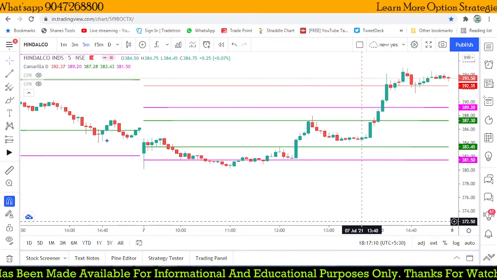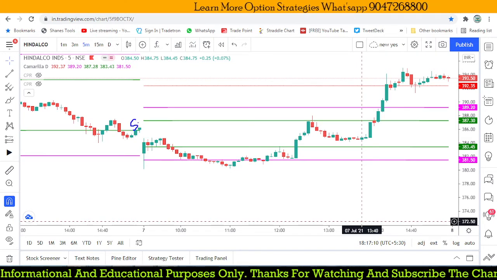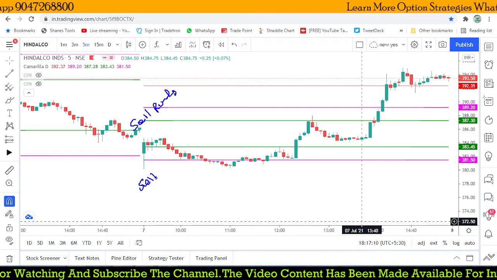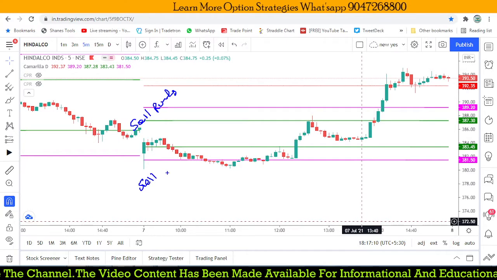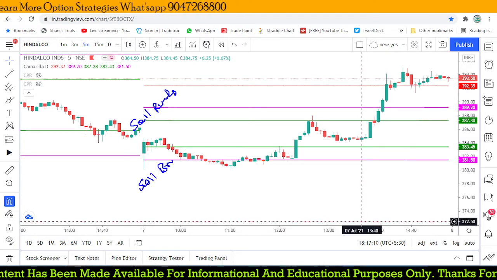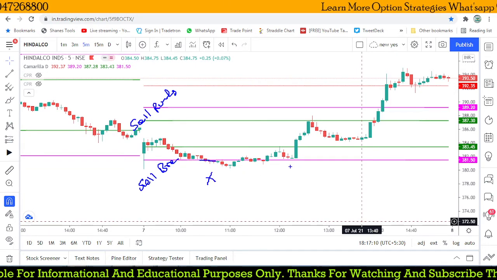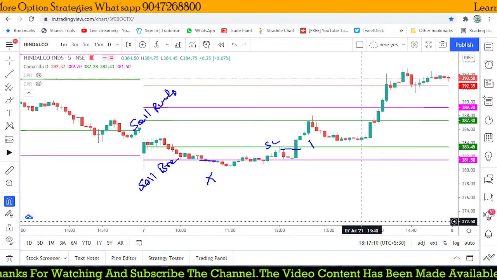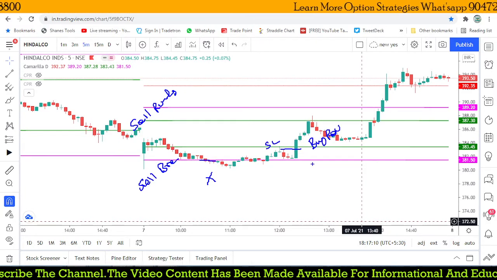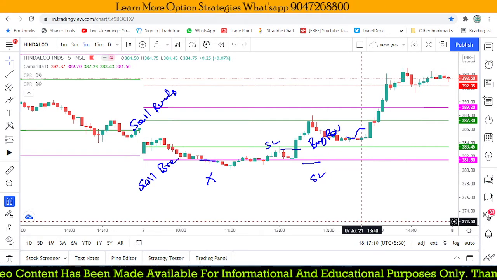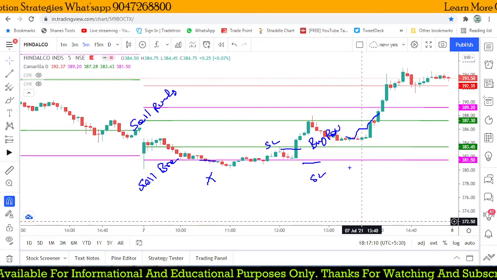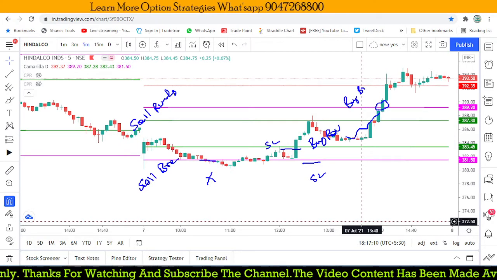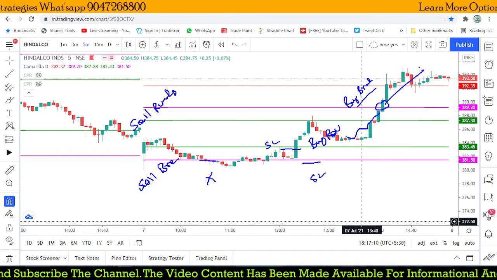So what are the two opportunities we took? A sell reversal and a sell breakout. That was our idea at the start of the market. But the sell breakout failed and triggered your stop loss at this point, and now we are changing our plan to a buy reversal. The stop loss is not yet triggered and the market keeps going up, and again the sell reversal failed, so we find a buy breakout, and that was working nicely.